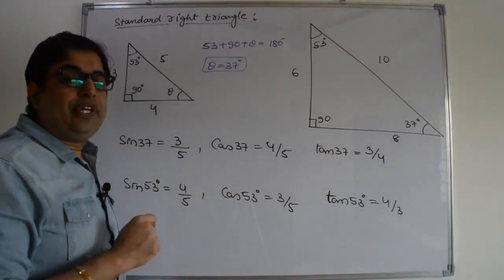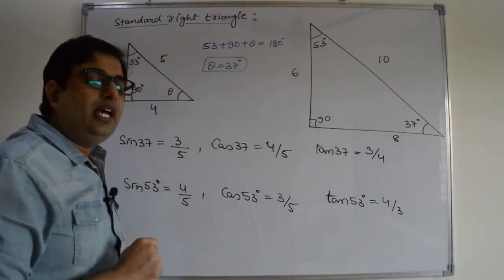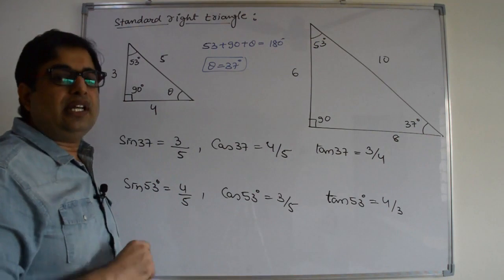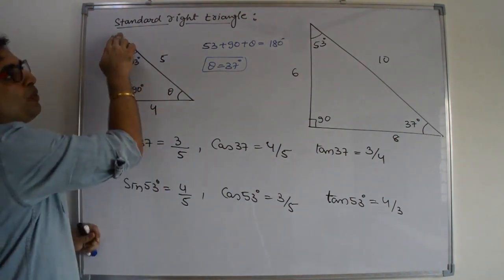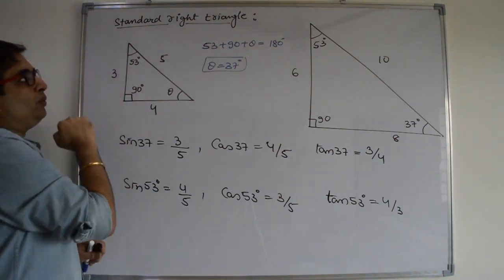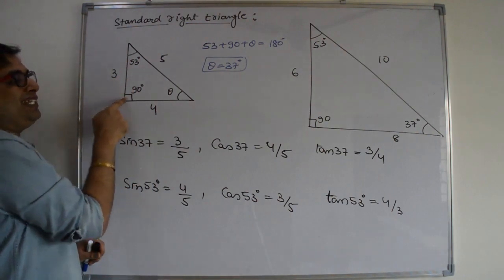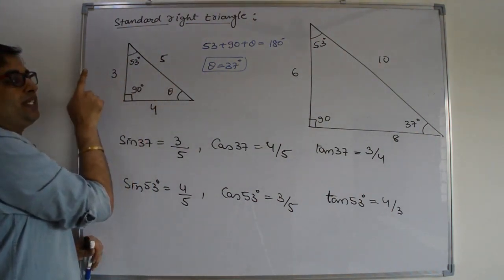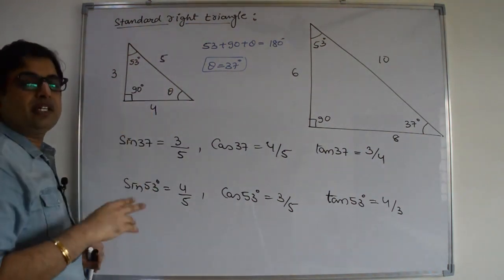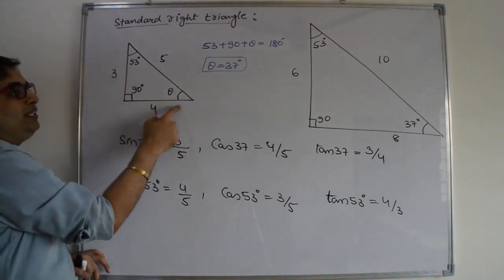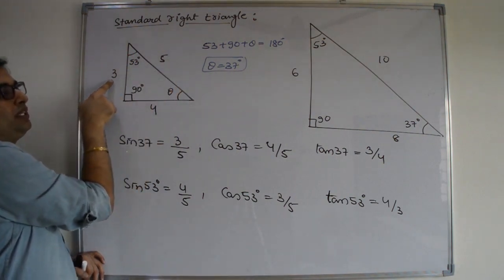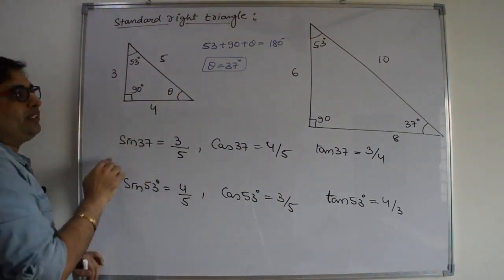Now let us see a very important right angle triangle according to physics. Almost in each and every chapter you will see this triangle and these angles. That is why we are calling it the standard right angle triangle. Now we have 3 sides, and the lengths of the sides are 3 unit, 4 unit, 5 unit, meter, centimeter or any unit, right? These 3 sides will make a right angle triangle. You can check the Pythagoras theorem also: 3 square plus 4 square is equal to 5 square, right?